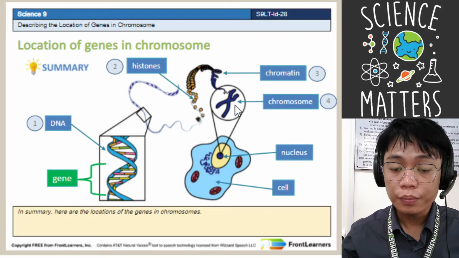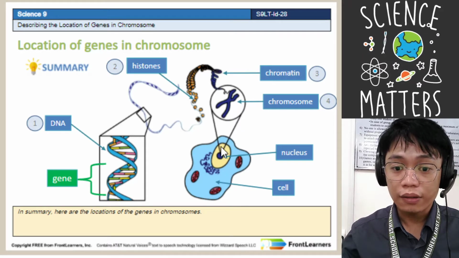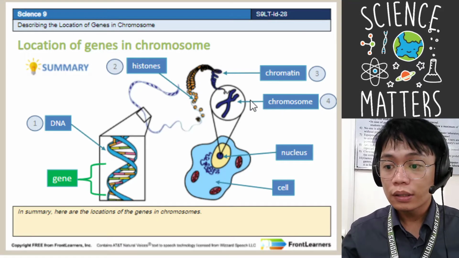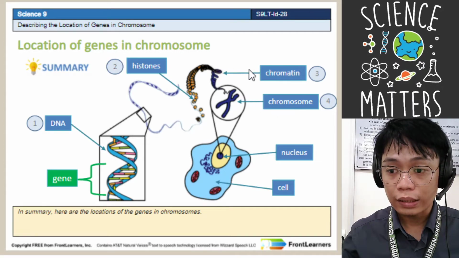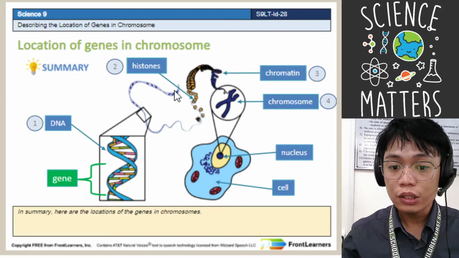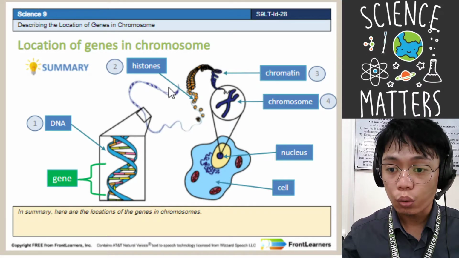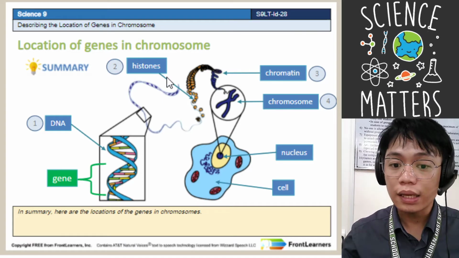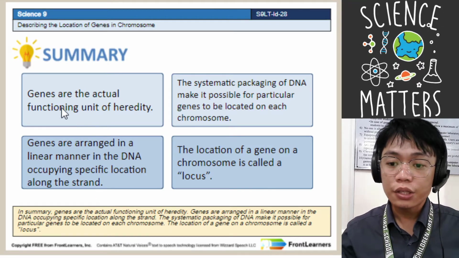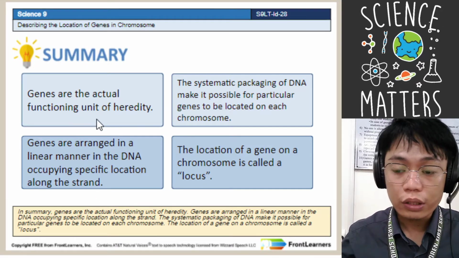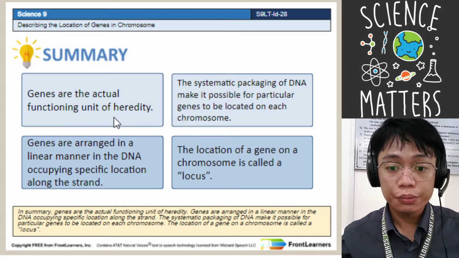At yung chromosome, later, kailangan for the cell division. Okay? So, inuulit ko, inside the chromosome, meron tayong chromatin. Sa chromatin, meron tayong histone and DNA. Dun sa histone and DNA, yung histone, it is a protein, and sa DNA, it contains the genes. Okay? To further summarize, genes are the actual functional unit of heredity because it encodes the total characteristics or the